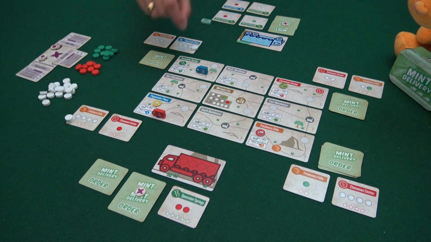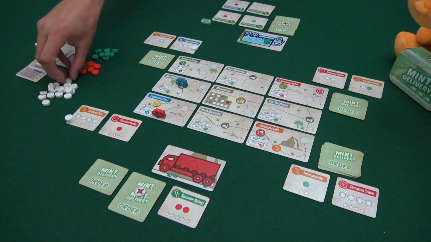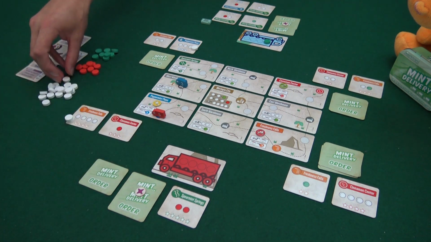Right. I'm going to go down here into the warehouse. The west warehouse? Yeah, and that's my first action. And my second action, I'm going to load 1 of the sugar-free mints, and then 2 of the... No, you can only load 2 in total. Oh yeah, so...